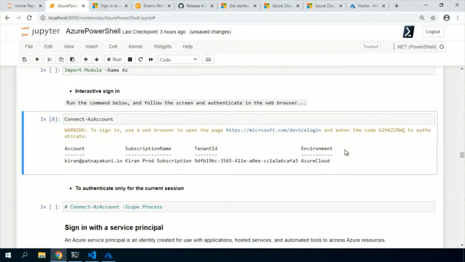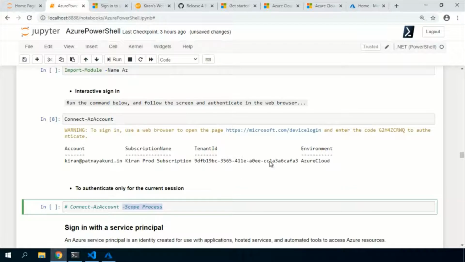One thing you need to understand is that once you log in, the context will be persistent. If it is your personal or dedicated machine and not a shared machine, then you can do that. But if you want to authenticate only for that particular session, you can use the -Scope Process parameter so that the credentials will not be saved. Otherwise, until you log out, the credentials will be saved inside the local machine.